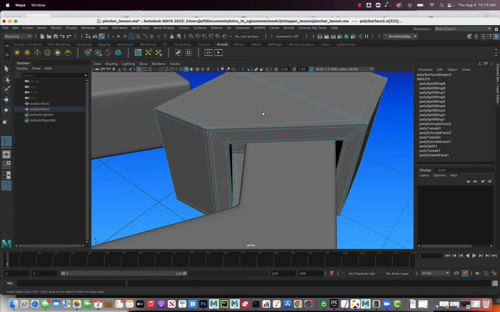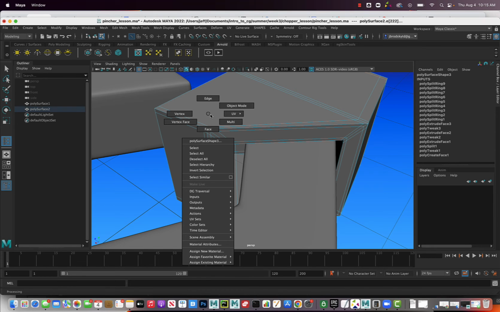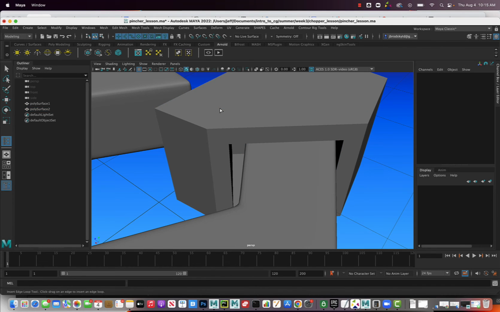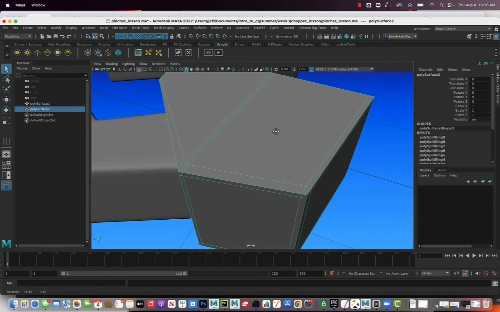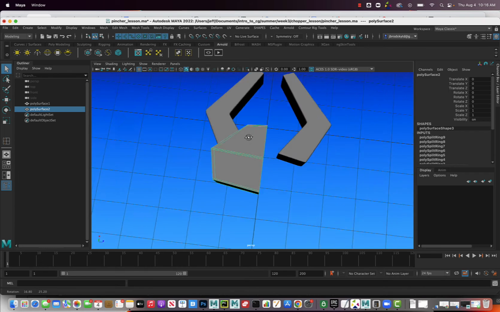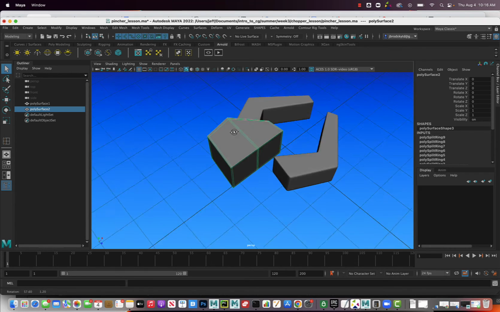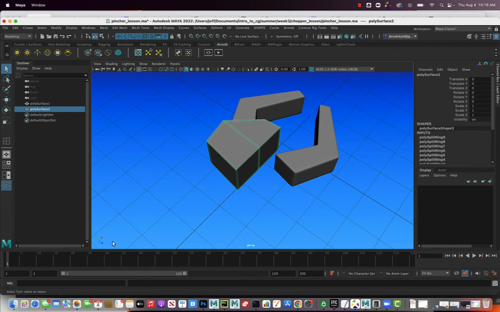And then what we could do is a mirror. So let's go and do that. Let's go to object mode, right click, go to object mode, grab your move tool or arrow tool, W or Q, select your object, and zoom out a little bit. We want to mirror this again in the positive Z direction. So let's go to